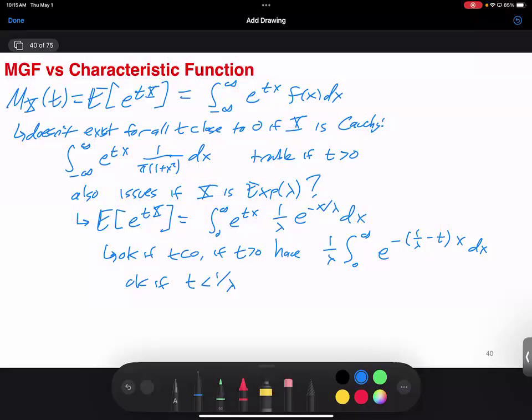What about if we take a positive value of t? Well, if t is really, really small, t is going to be less than 1 over lambda. And if t is less than 1 over lambda, it's still going to integrate to something finite. So I'll leave it to you to figure out what that integral is. Yeah. You just have to do a change of variable. It's not too bad to do that integral. Unfortunately, the fact that the Cauchy distribution exists means you can have probability distributions whose moment generating functions don't exist in a neighborhood. So we sometimes look at the characteristic function.